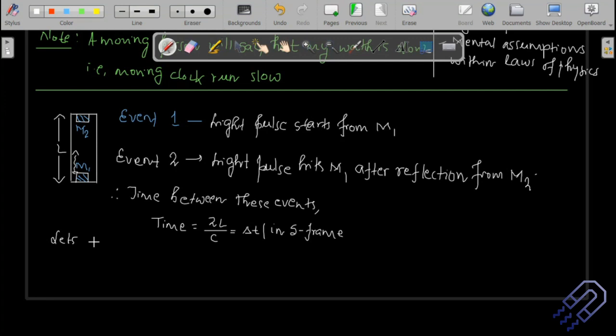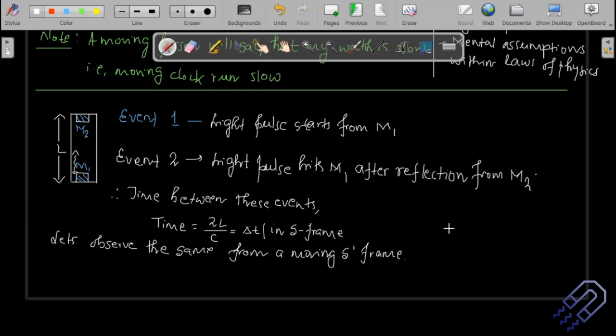So what we are going to do is this. Let's observe the same from a moving frame, let's say the S prime frame. When you write this in your exam, you have to write it in this way, that is preferable. So we have a moving frame and we are observing it from this. Now I'm going to draw an image and I think it will be a bit clearer to you.